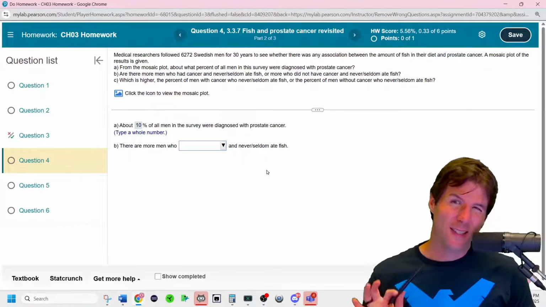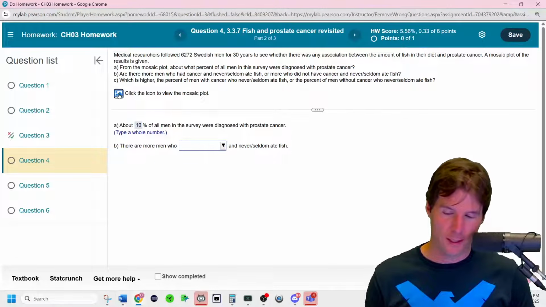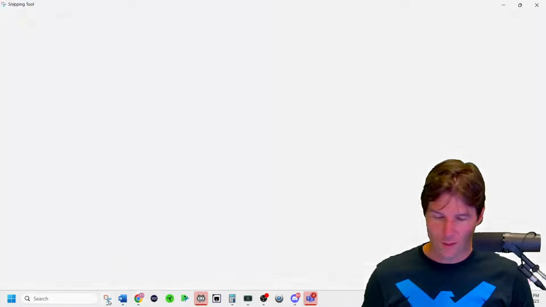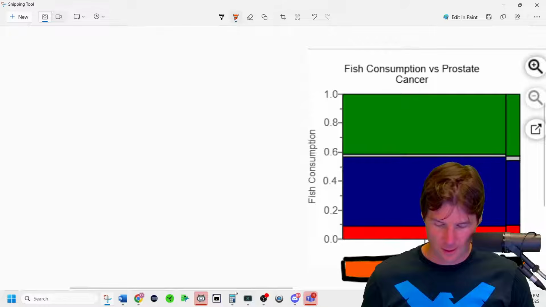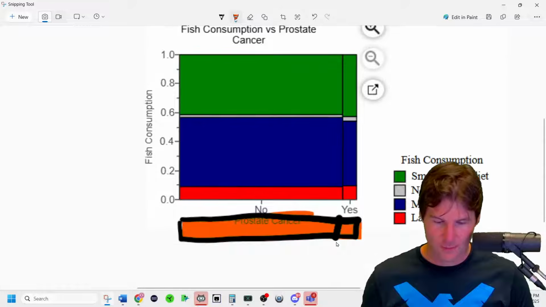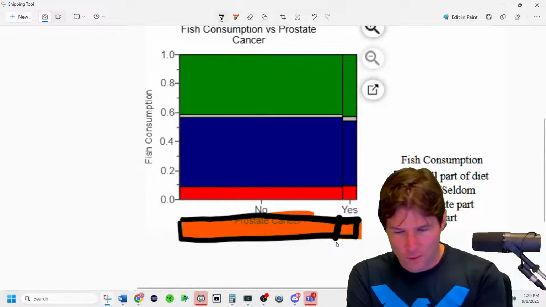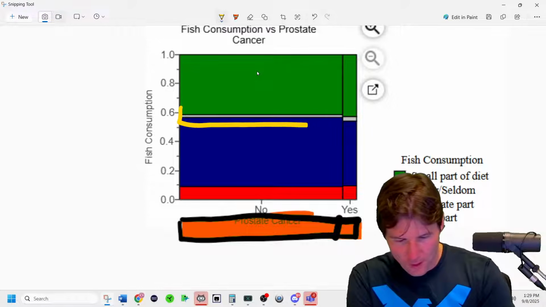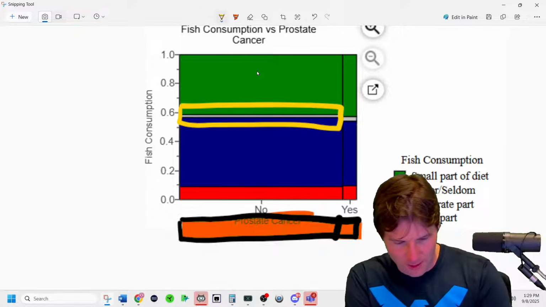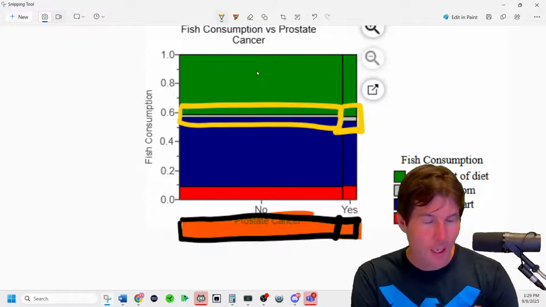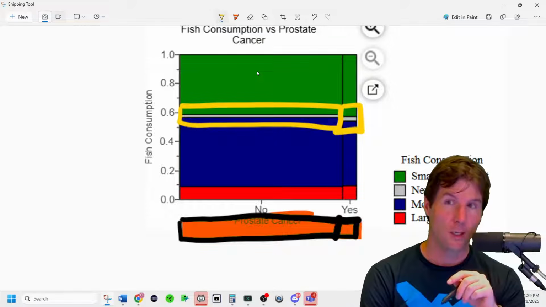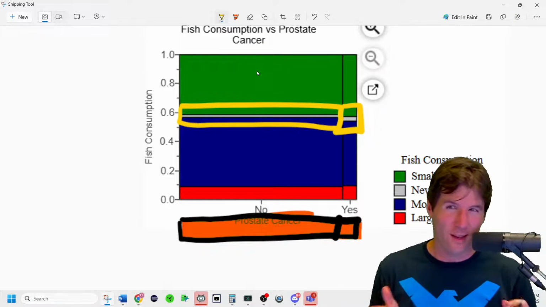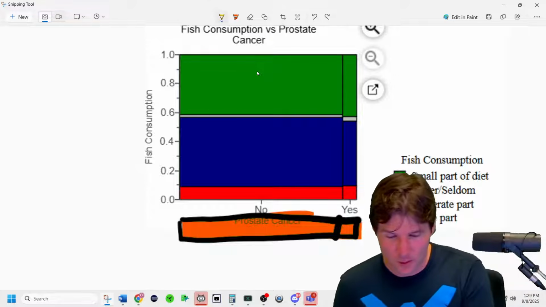So now it's asking which group had more men in it, and it's asking for the full mosaic plot in here. Now, this is tricky. I'm going to tell you what it's asking. It wants to know if this group right here, and I'm talking about that yellow sliver that I'm highlighting, or this group has more people in it. And I'm talking the yellow sliver because it's a little hard to, if I highlight it, well, I guess we do it this way. This group